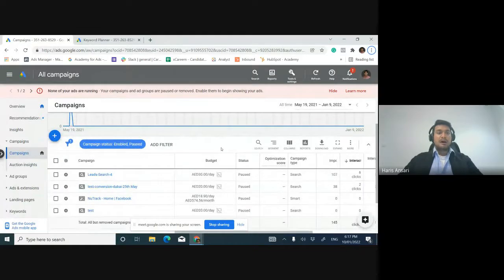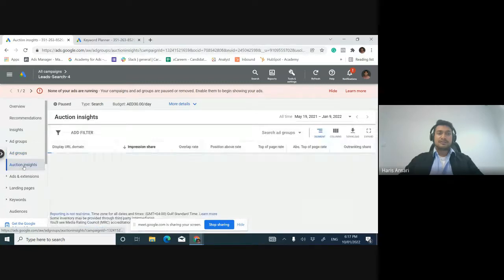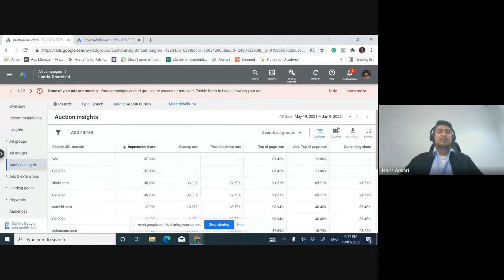If you want to see how your competitors are performing, all you have to do is go into the campaigns, and on the left under the ad groups, you will find the auction insights. Just click on it and you will get all the results of which other competitors are getting out of the same ad group or out of the same keywords. So auction insights can be seen on the campaign level as well as on the ad groups level. So you can actually see how the overall campaign is performing when you compare it with the competitors, and how overall ad groups are performing when it comes to the competition.